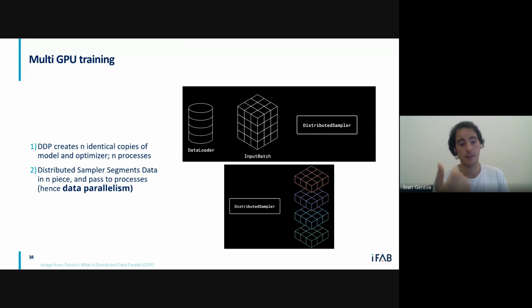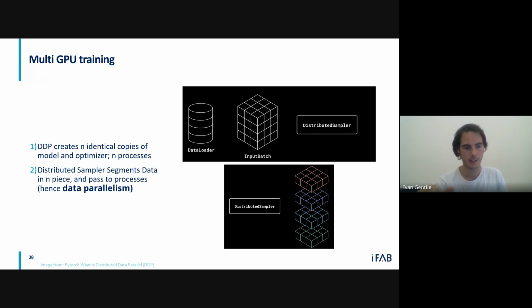Once these copies are made, we introduce an extra component we did not have before, called the distributed sampler. The distributed sampler does the task of splitting the data.